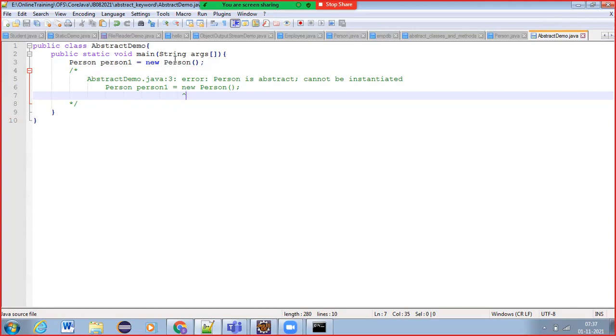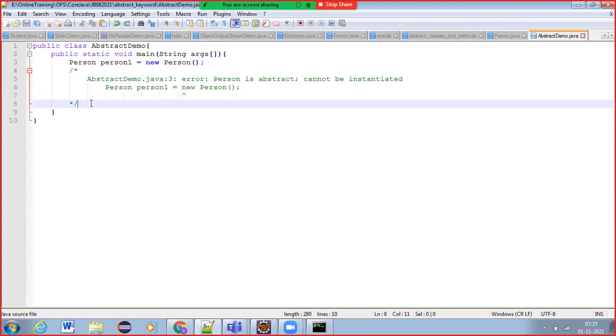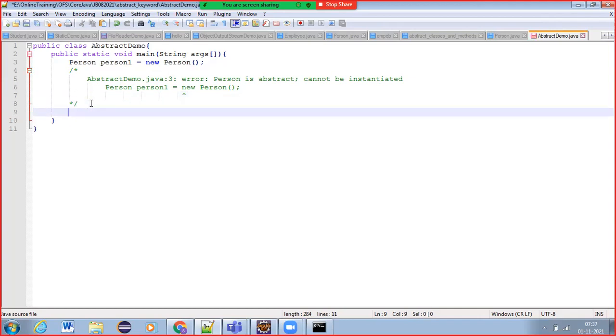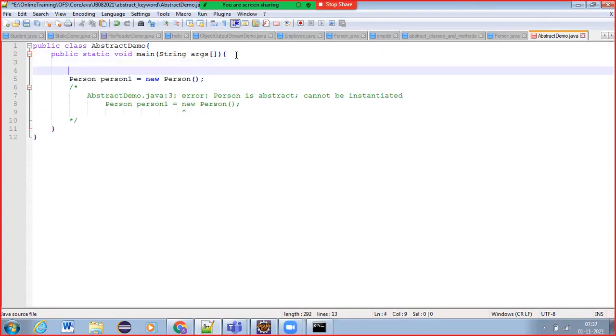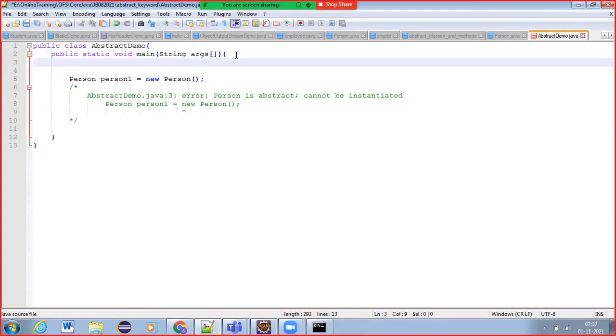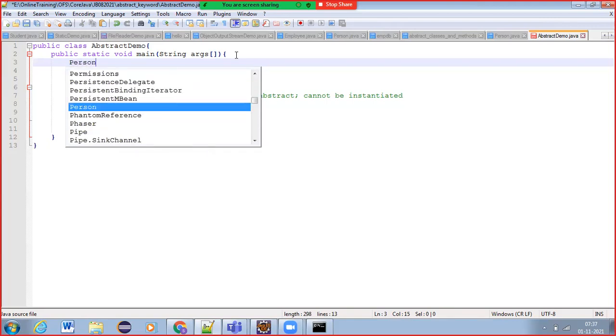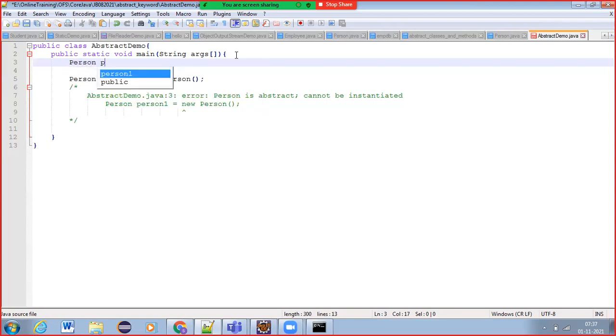So if we do like this, it's not allowed. Then what we can do? If you want, you can simply create the Person class reference variable: Person person1 equals null. Like this you can create.